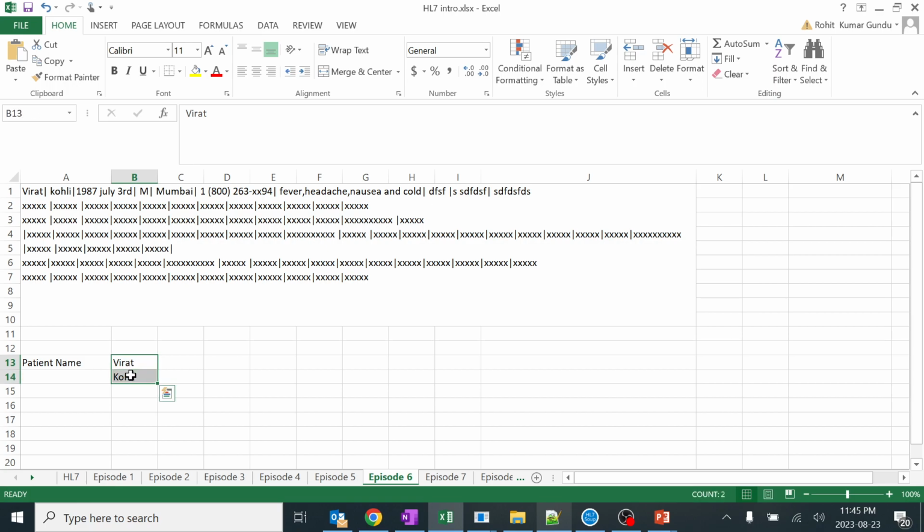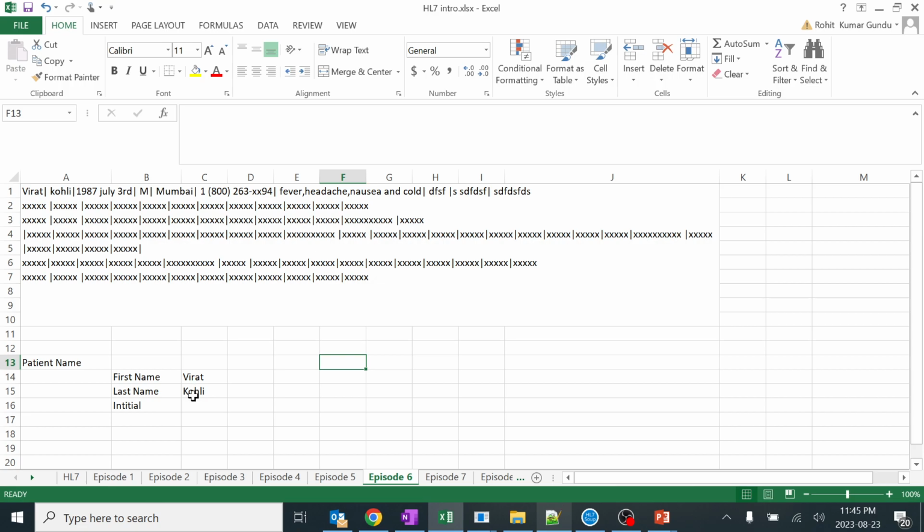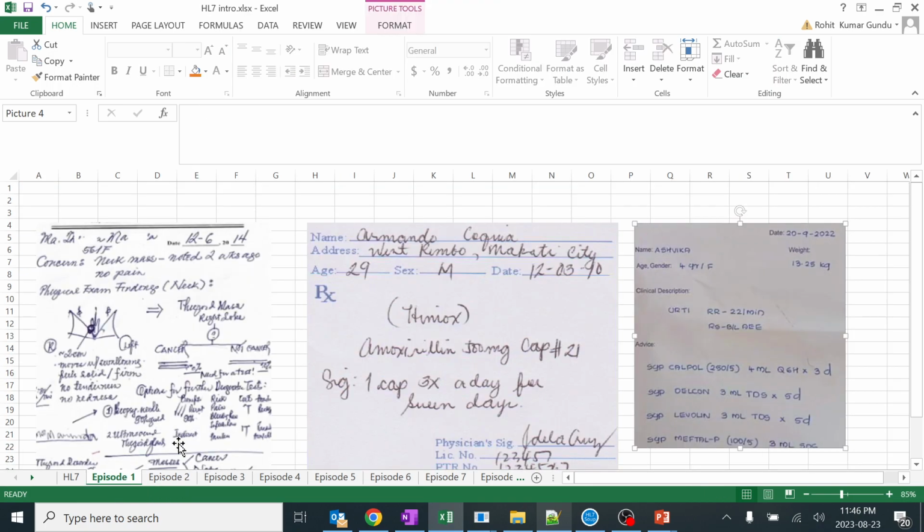I can do one thing. Yeah, I'll do one thing. It has multiple values in it: first name, last name. Don't get confused, it is very, very simple. Initial, like for example, you can use doctor. So it has multiple values in it, and one single key